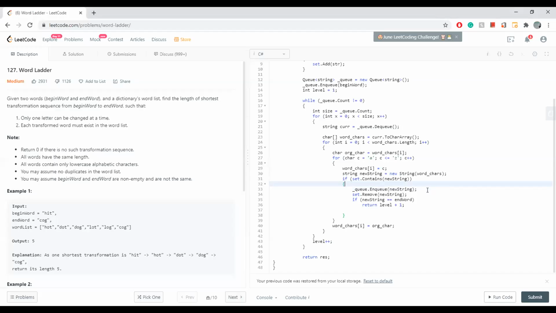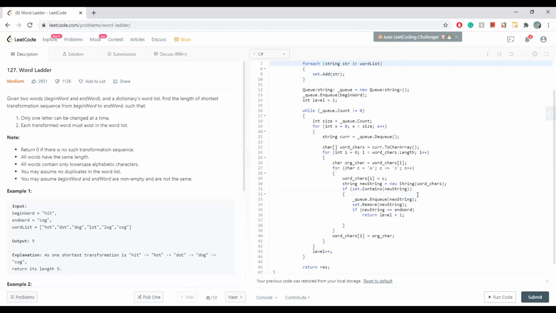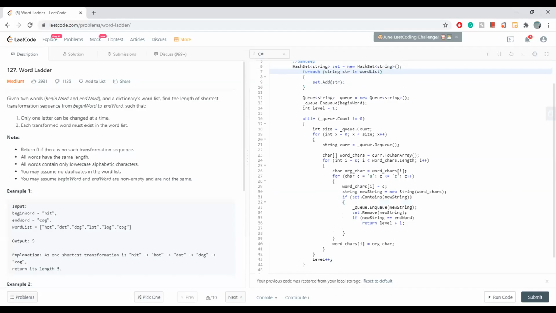Initially I tried to create an adjacency list and traverse using a BFS, but I was hitting a TLE. Yes, similarly, I was also getting TLE. I was also doing the same approach, but I was not constructing these words basically.